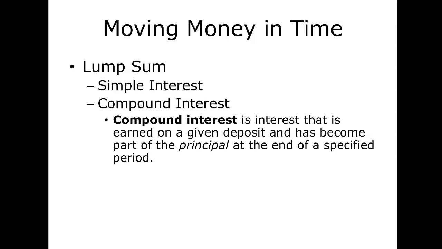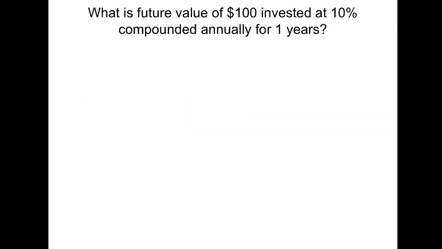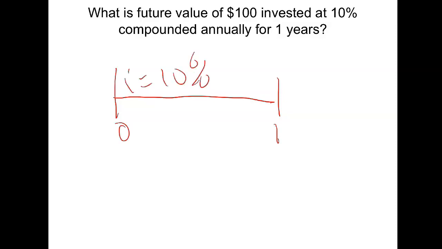We can also move money in time using compound interest. And compound interest is interest that is earned on a given deposit and has become part of the principal at the end of a specified period. So if we wanted to know what was the future value of $100 invested at 10% compounded annually for 1 year, in our timeline here, a compound interest rate of 10%, a present value or principal of $100, and applying that 10% interest rate to our original principal of $100 gives us